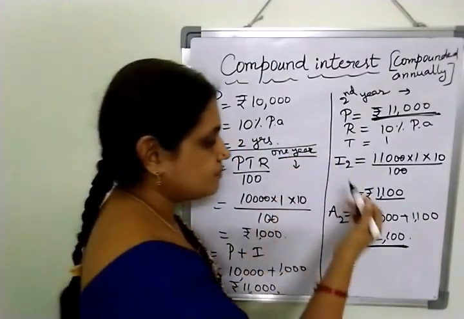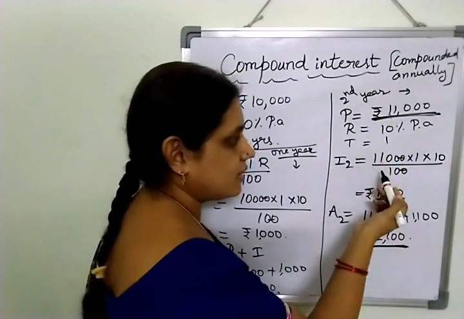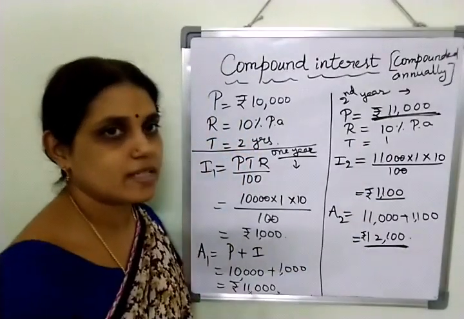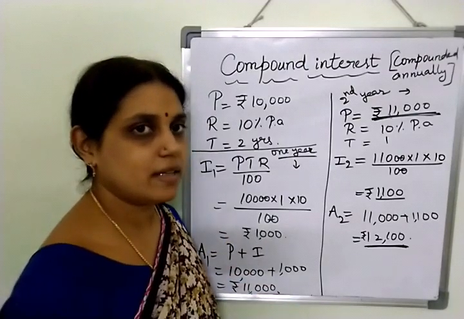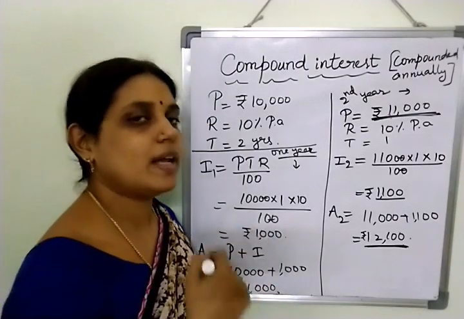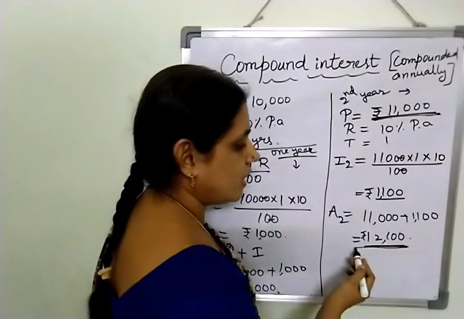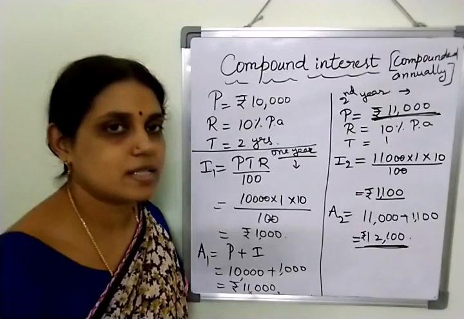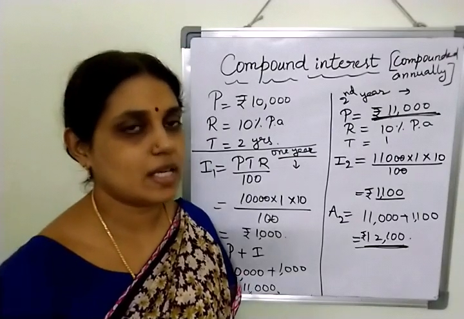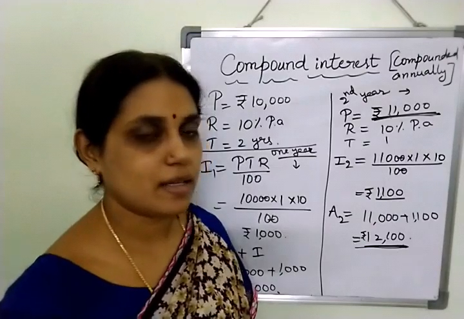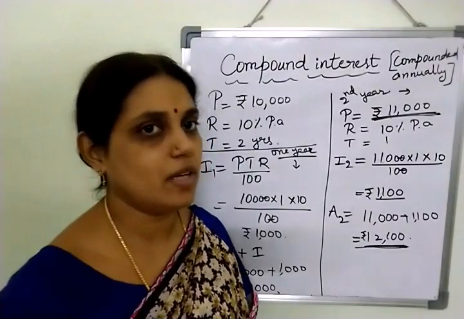That's why here on this we calculated the interest. So compound interest means interest on interest. On the principal anyway we will calculate the interest. On interest also we are again charging the interest. That's why here 12,100. So in case of compound interest, the amount to be paid will be more. So we need to see carefully whether the bank is charging compound interest or simple interest, and then we have to go for the loan.